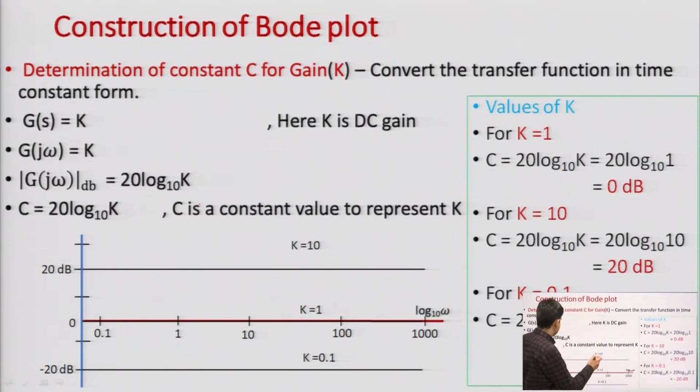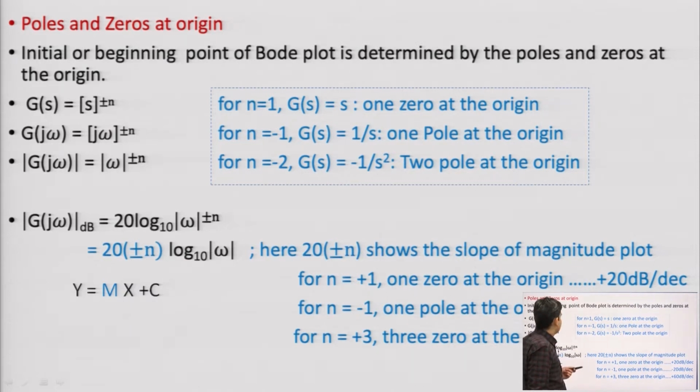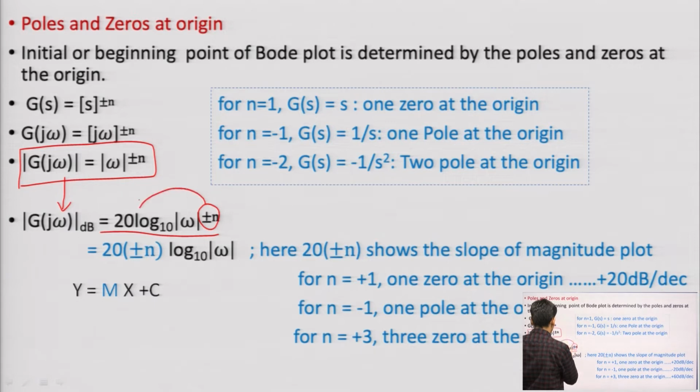Okay. So, we had seen for this plot for k equal to 10 we were getting a plus 20 dB line, for k equal to 1 we were getting this 0 dB line, for k equal to 0.1 we were getting the minus 20 dB line. So, we had discussed this in the previous session, and whenever there are any poles and zeros at the origin, in that case we will get our magnitude like this. Okay. And when I want to convert to dB, this expression would be like this. Okay. So, here this plus minus n will come by property of log, 20 plus minus n and log